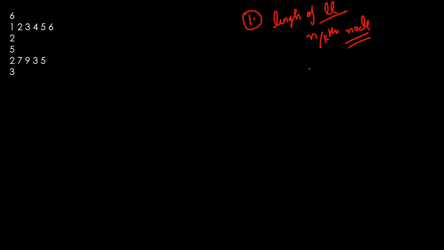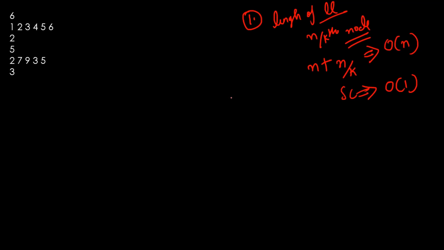So for finding out the length of your linked list, you will be doing n traversals, right? Then only you'll be able to determine the length of your linked list, and then you will be doing n by k traversal for determining the n by kth node. So overall, if you are talking about the time complexity for this approach, that will be big O of n with 2 scans. And for space complexity, that will be big O of 1, as we are not using any extra space. So this is the one approach that you can go with.